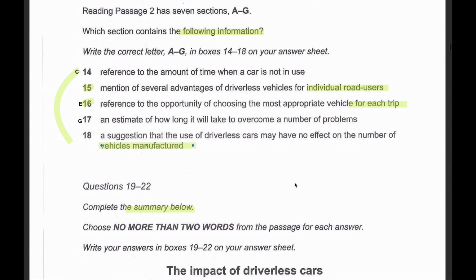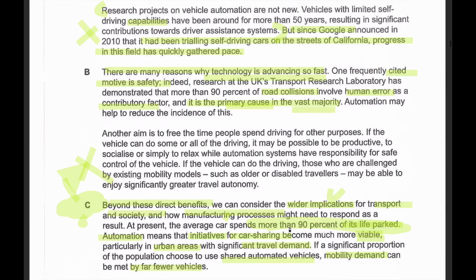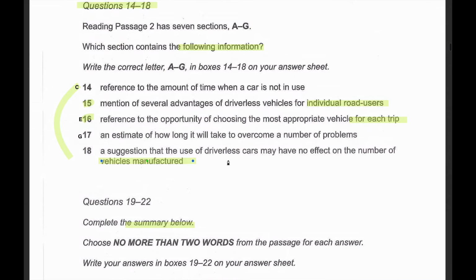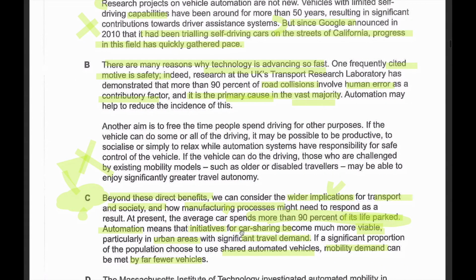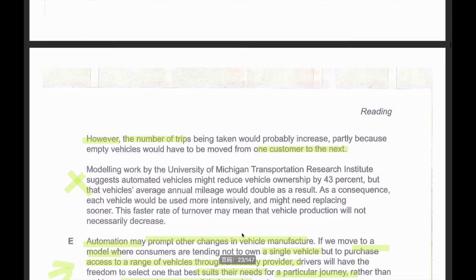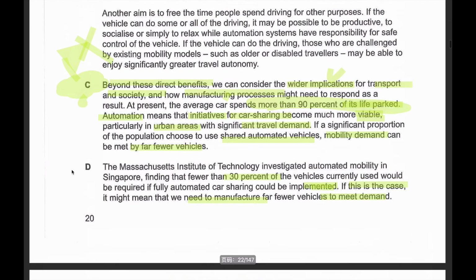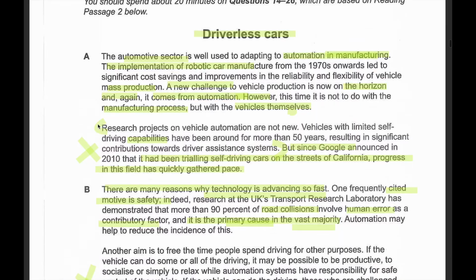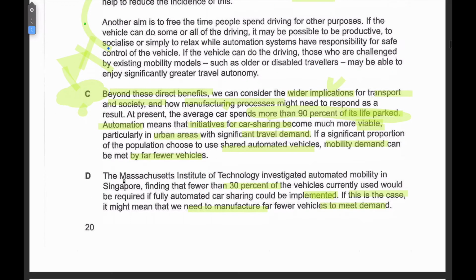This one is tricky. It's suggesting that the use of driverless car may have no effect on number of vehicle manufactured，不会影响那个汽车的一个数量。7 sections A to G. So, okay, so 我刚刚是应该是 we adopted the wrong strategy，所以它指的是。Like这个 A 部分应该指的是这两个部分啊，so B 的话应该指的是这两个部分，so which mean that we have to read it,